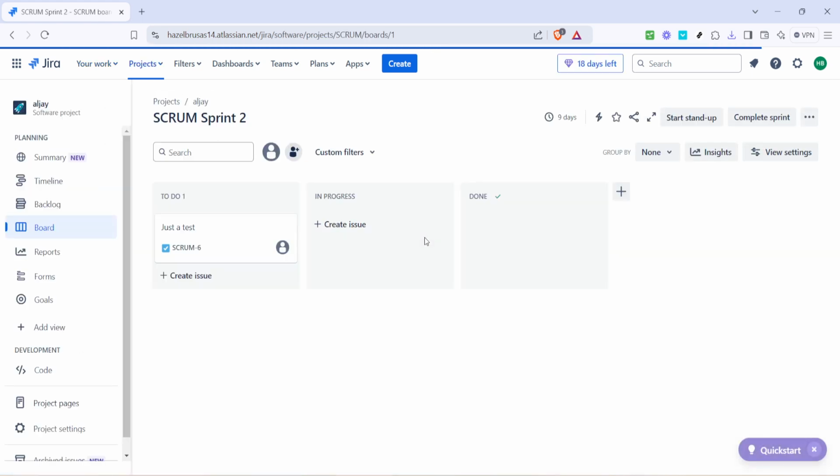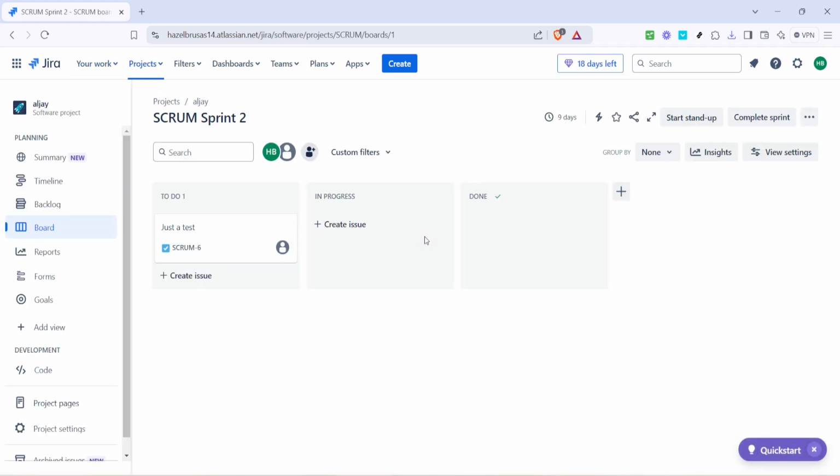Now, this view gives you the lay of the land, showing you how work is distributed across different stages of your project. It helps to keep in mind that every project has its unique needs and workflows, so selecting the right one is key to accessing the correct backlog.